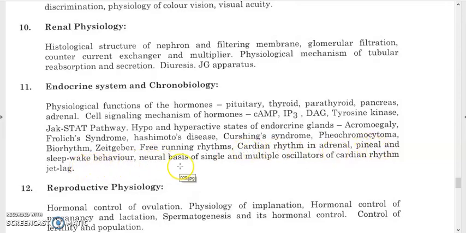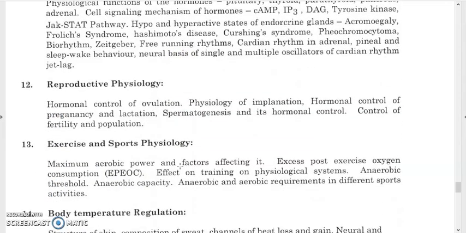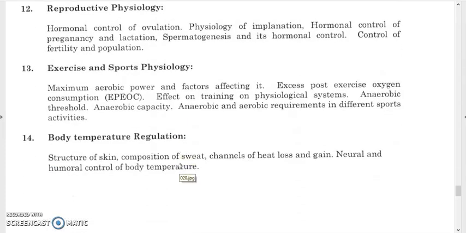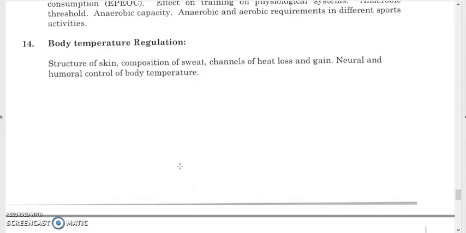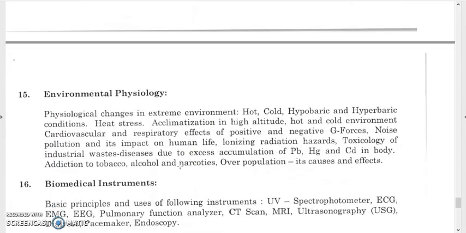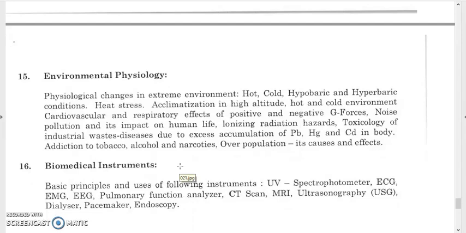wake behavior, neuronal basis of single and multiple oscillator of circadian rhythm, reproductive physiology you have to study, exercise and sports physiology also you have to study, body temperature and regulation, how body temperature regulation occurs, environmental physiology here also present in syllabus, biomedical instrumentation, these all are included in the complete syllabus of physiology, biomedical instrumentation. And here in biomedical instrumentation, you have to study the basic principles and the following instruments like UV photo spectrometer, how UV spectrometer works, ECG